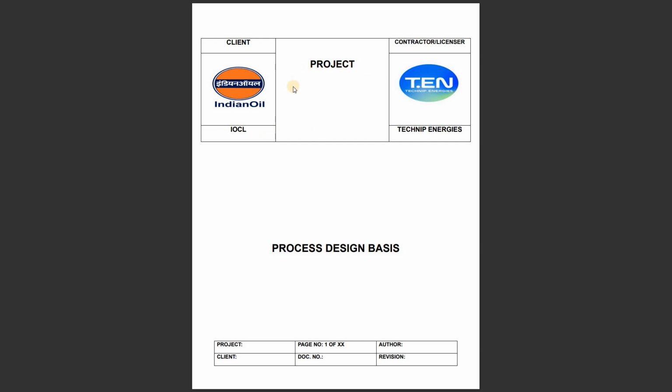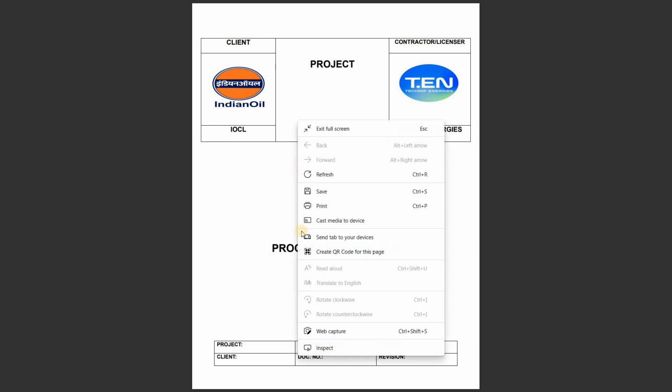And then there is the project. What is the project that you will mention here? Let's suppose the project could be about a refinery, or it could be for a particular plant, like a DM plant or any other plant. Then in the footer you will mention the project number, the page number, which could be 50, 100, anything else, the document number for your reference, who is the author, and what revision it is. I hope you understood about the cover page.